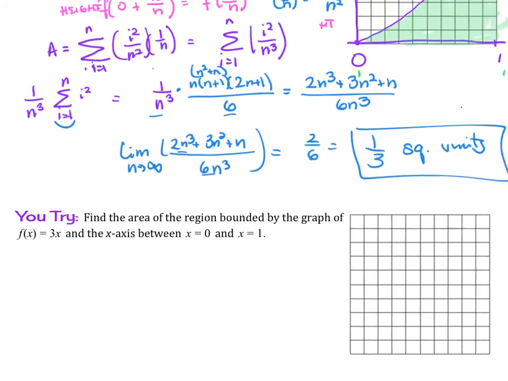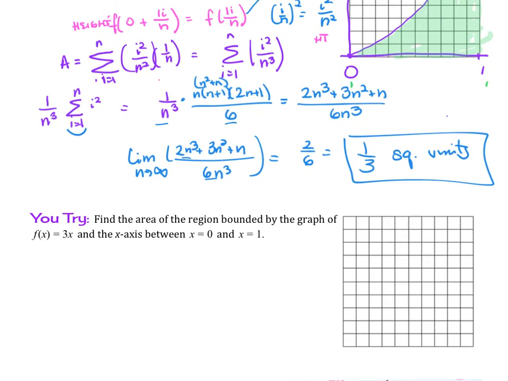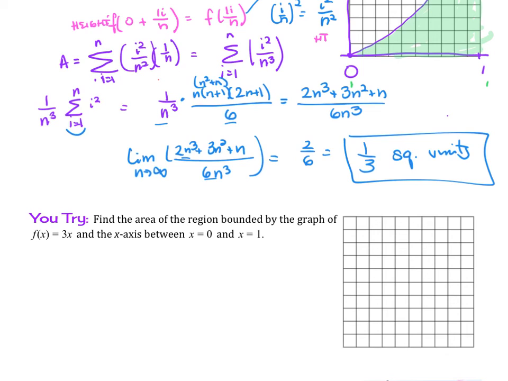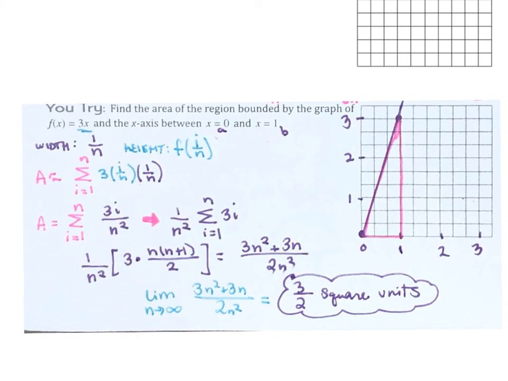So try this example below. Find the area of the region bounded by the graph of f of x equals 3 times x and the x-axis between x is 0 and x is 1. So I'll be trying it out using the formula. So it's nice with the linear equation that they gave us here because that should make sense of why that is 3/2 square units. But it's the practice of finding the area of a region because the next ones are going to be parabolas. So they're a little more